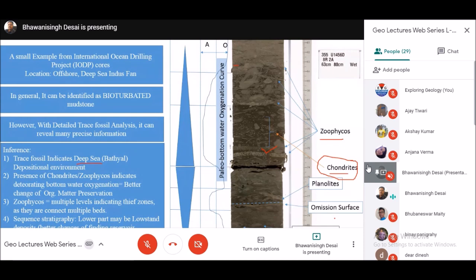What I'm saying is, it looks very simple, but you have to actually analyze here. The main trick is, see, the dark color means the organic matter is well preserved, and light color means it has been oxygenated. So when you have this kind of mottling, where in the dark background you have white color, it means that it has come from there. So this kind of thing helps in understanding oxic and anoxic cycles in the deep sea also.